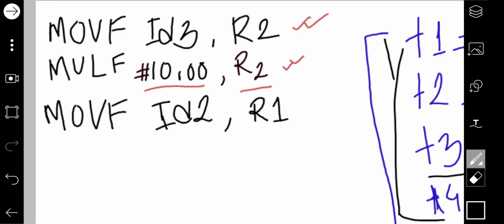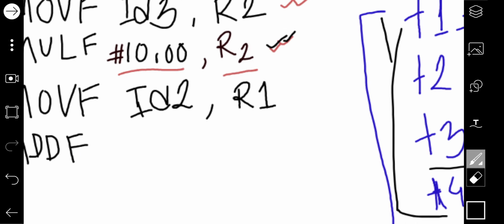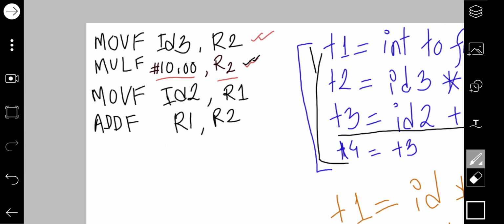I have ID2 in the R1 register and the result of multiplication in R2. Now I will add R1 and R2. Now these two are added, and I have the result in R1.